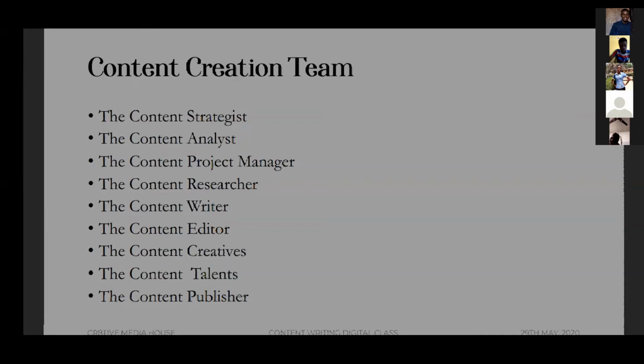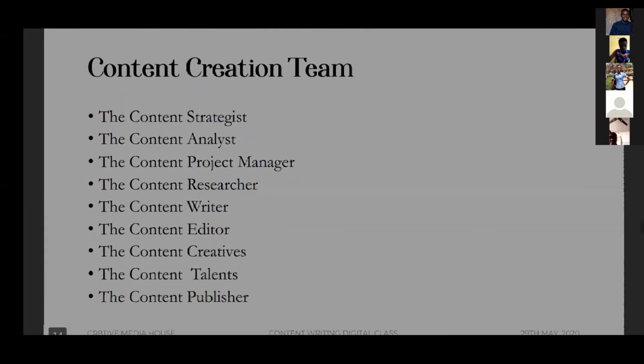Then secondly, we have the content analyst. The content analyst is the one that, in my rough note, I mentioned is responsible for connecting the dots between the content produced and the goal it is supposed to achieve. So even before putting out the content, the analyst already has an idea of, okay, this is what we want to do, this is the goal we intend to achieve, and he has already prepared the overall idea